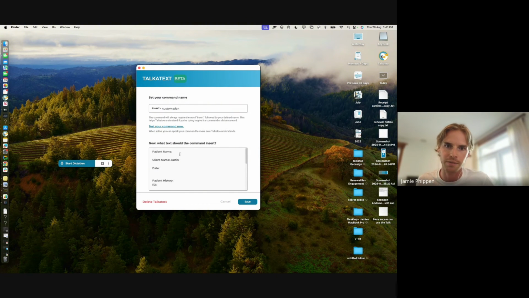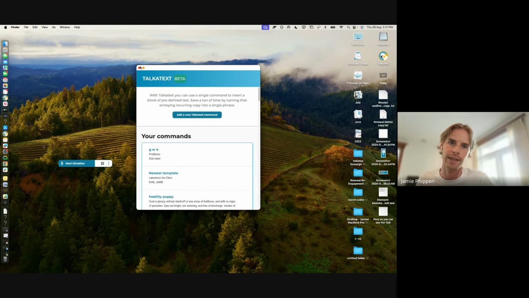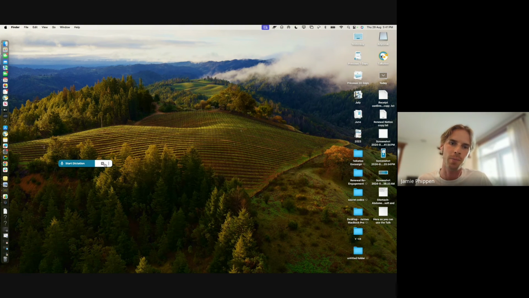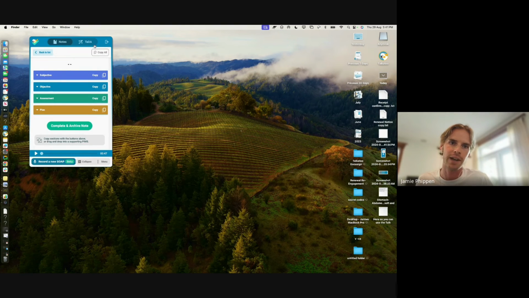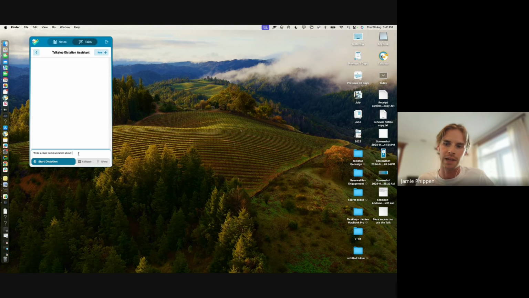So notice I've written out all the inputs here that I want to fill in, right? So this is not designed to be used in the room, but it is designed to be used at your computer by yourself. So this is a totally customized template that I've made. I've saved it in Talkatext. I can open the assistant feature and I can jump in here. And if I start a new dictation in here, I could say the keyword. So I could say insert custom plan,